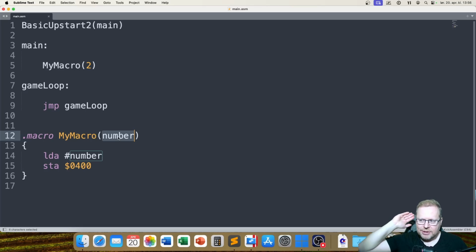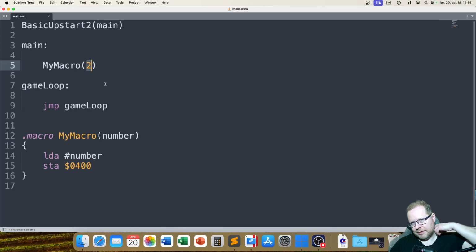So as I said, subroutines, we just run those and then they finish and come back. That's not going to change. We're always just going to run that subroutine. With macros, we run the macro, but oftentimes you want an argument to go with this. Okay, so here's the other difference. So macros